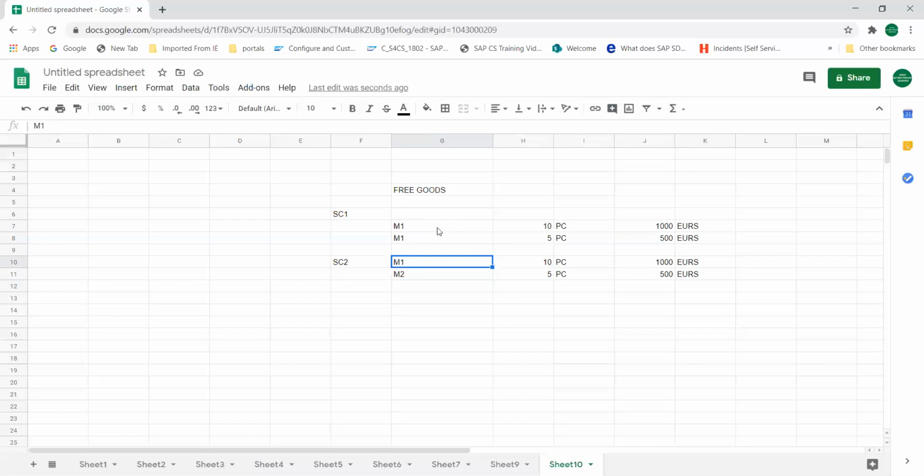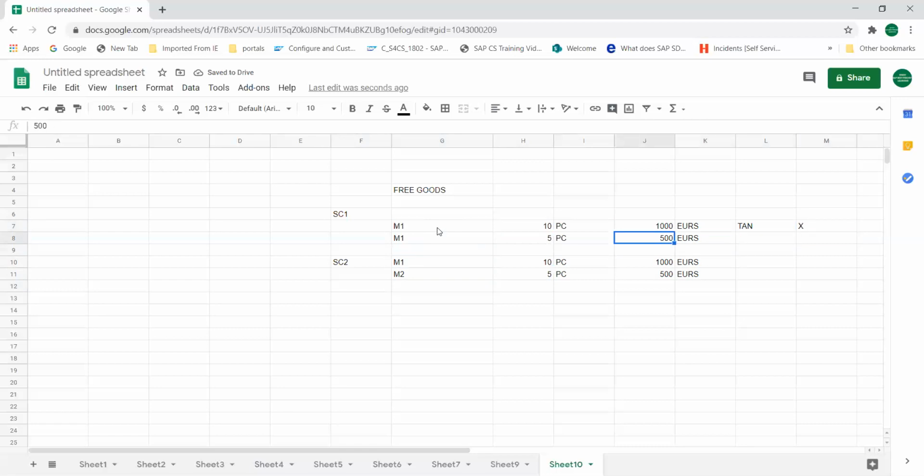So what exactly happens when you enter this material at item level? Your TAN will be determined. In the similar way, for TAN, your pricing attribute is X, which means relevant for pricing.